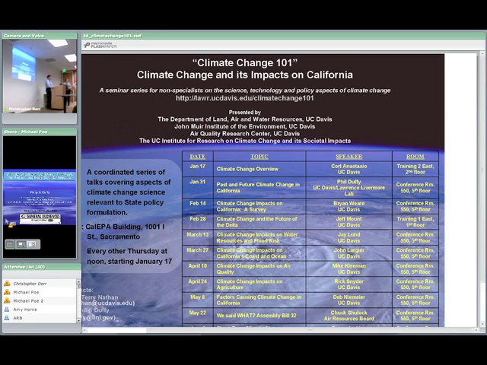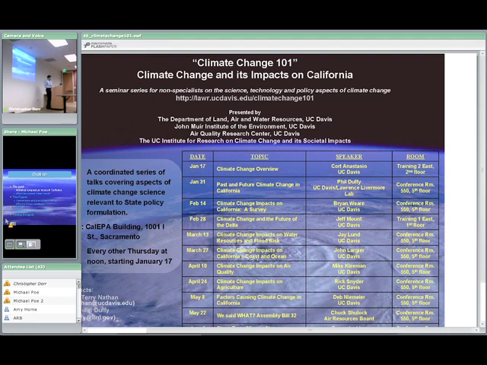about societal impacts. By societal impacts, I mean impacts of climate change, changes in temperature, and so on, things that actually we care about, like water availability, air quality, agriculture, and so on. And that will serve as a bridge to many of the future talks in the series, which will focus in more depth on several of those potential societal impacts.